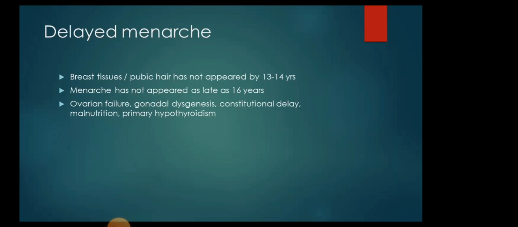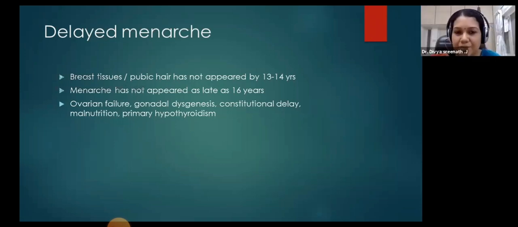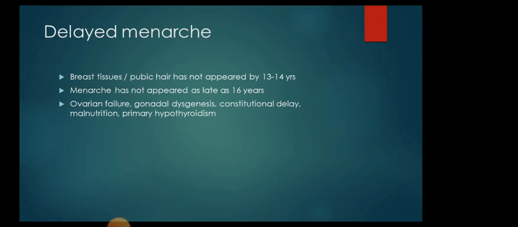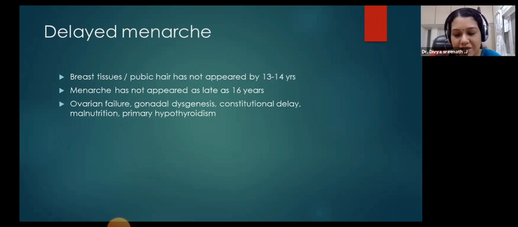And ma'am, one more question. Ma'am, how to confirm whether it is anovulatory bleeding? Yes, in puberty or menarche subjects or in any ladies. If there is cyclic bleeding and she is having mild to moderate pain, then we can consider it may be ovulatory cycles only. If the lady is complaining of heavy bleeding and her cycles are irregular, then there is more chance of anovulatory bleeding, especially in PCOS patients, etc.